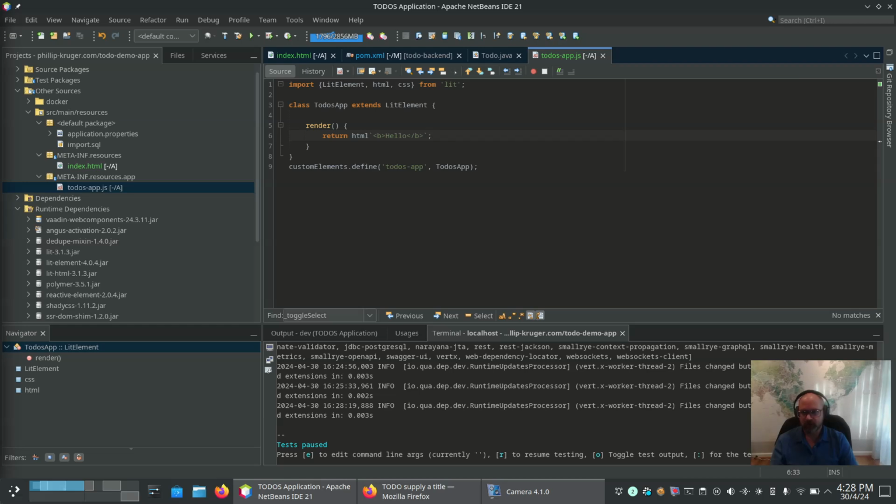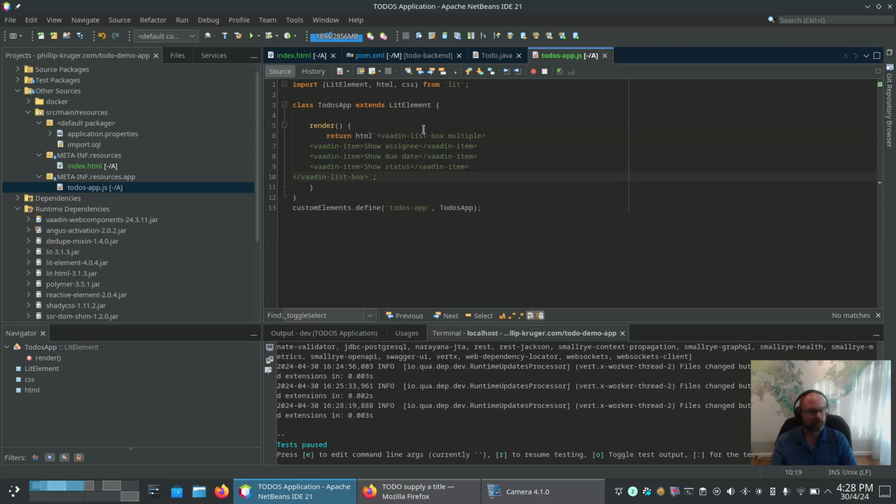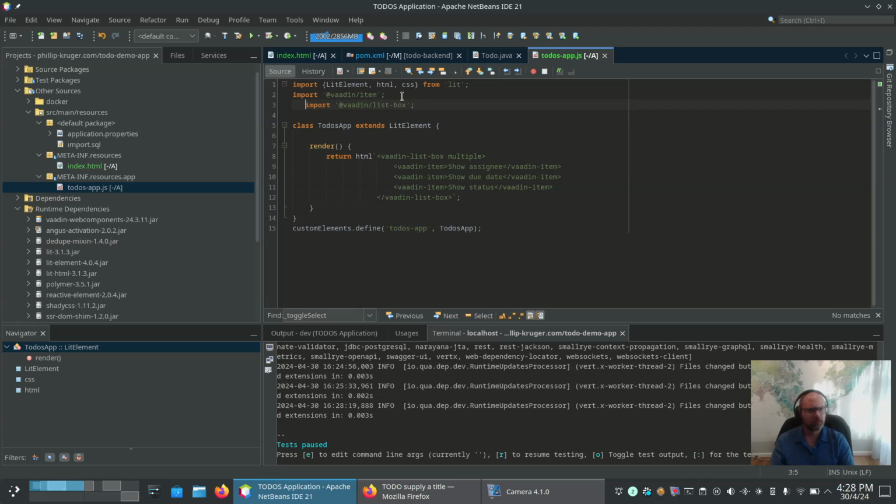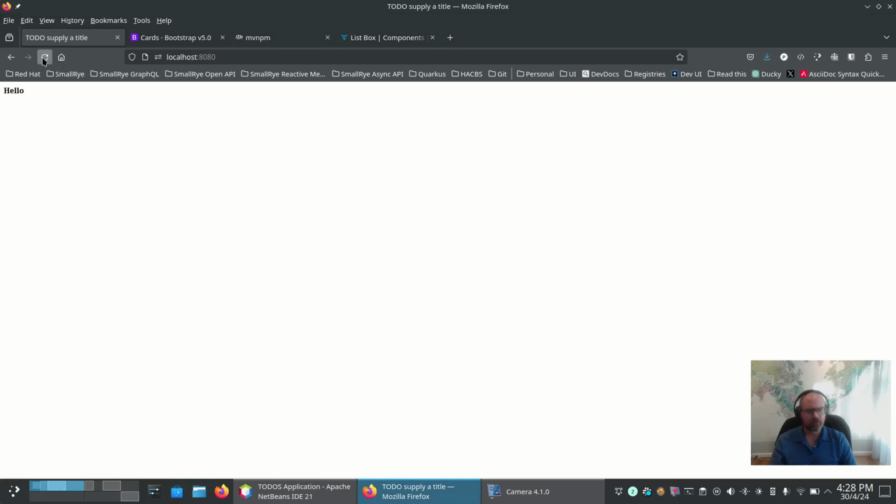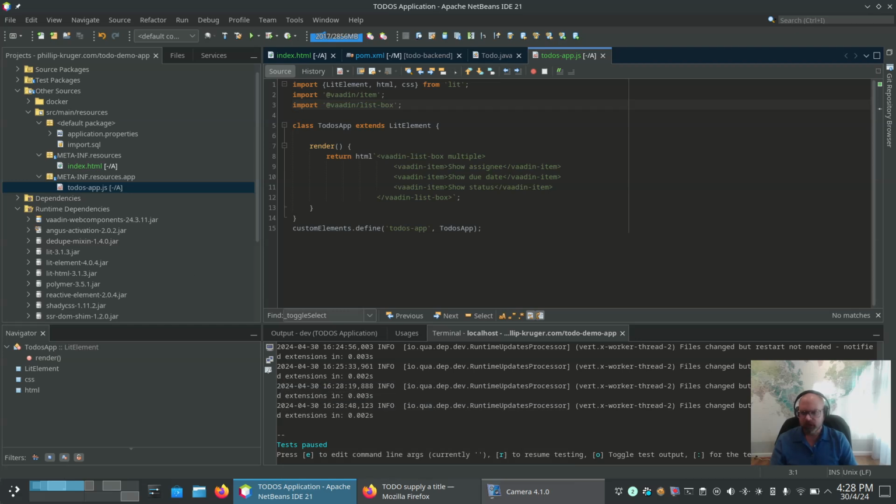list as an example. So we can now say, well, here output the Vaadin list like this, and we obviously need to import that. Okay, so this should now be the list again. Okay. Just to show that you can also do your own CSS,